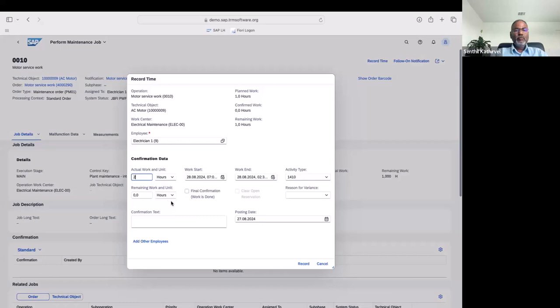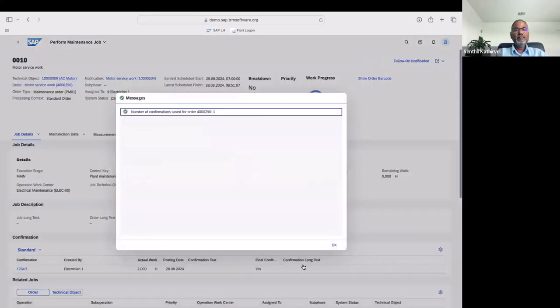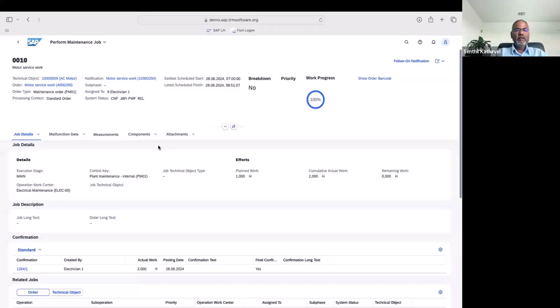And if there is no remaining work, he can mark this as a final confirmation, which means there is no remaining work, right? So he put in the recordings, he recorded the time he spent, and he clicked the final record button. Right, now the time confirmation is created, and then he'll go to the component,